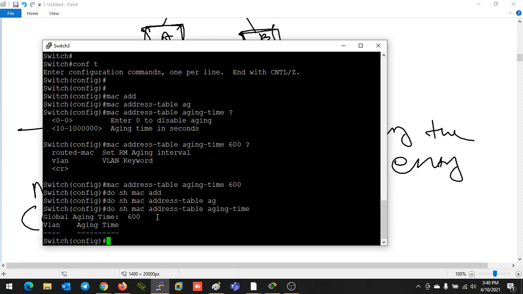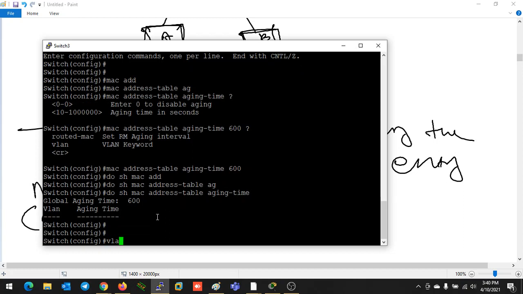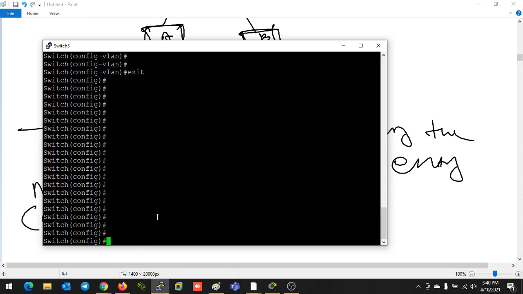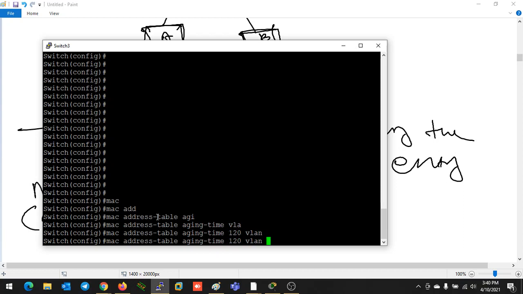But we can also do it on a per-VLAN basis. For example, I am creating VLAN number 2, and for VLAN 2, if the switch makes any MAC address table entry, I want the aging time to be 120 seconds. So how do I do it? mac address-table aging-time 120 vlan 2.